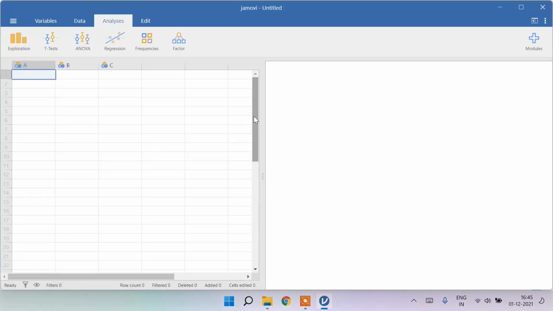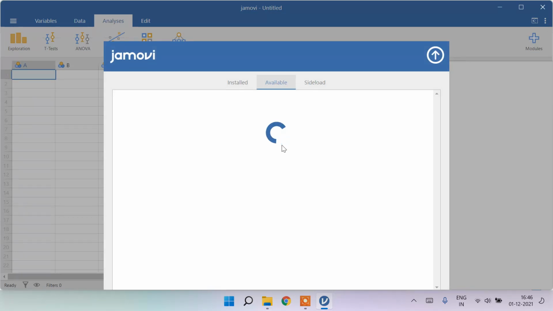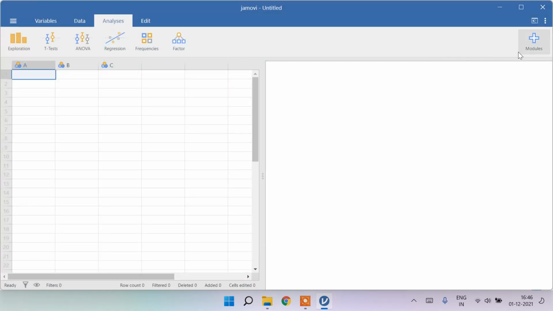Jamovi is completely free to the public and it's an open source project. When you want to add other modules that are available in Jamovi, you go to the plus symbol, modules, and then click Jamovi library. Whatever modules are available in this software will be shown here. You just select those options, and they will appear on your analysis tab. That's the way you can select some of the modules here. It's taking some more time to show the modules since my internet connection is weak. Yeah, that's the issue. You just explore it.